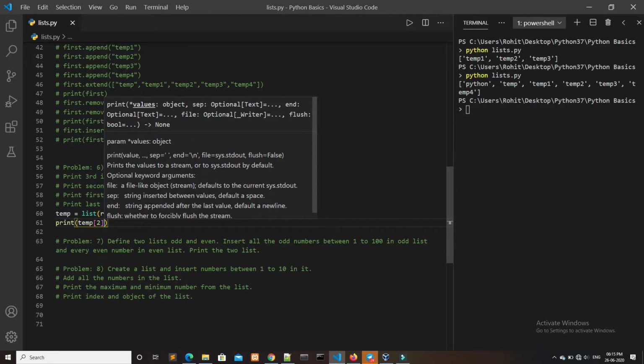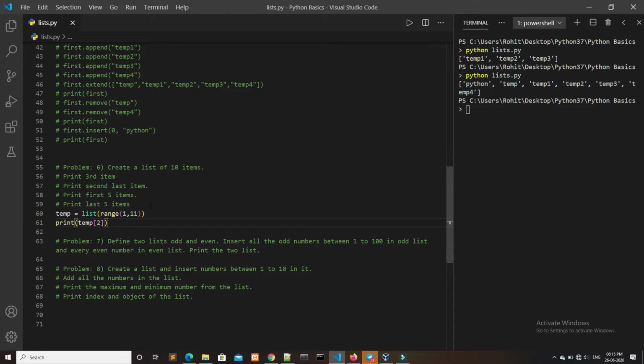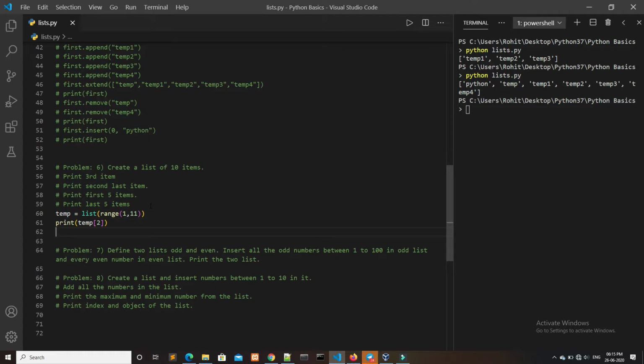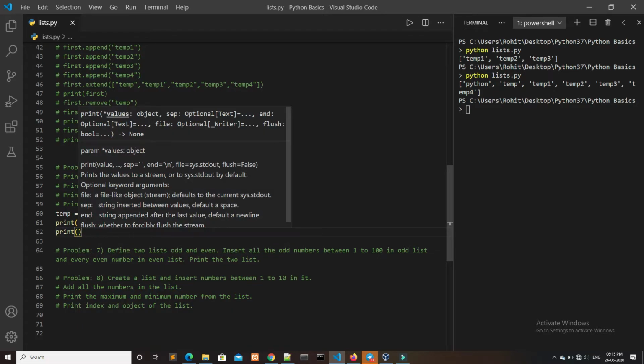Because the index in a list starts from 0, the third value must be at position number 2. Okay. Also we have to print the second last item. We know that the index value from the last starts from -1.